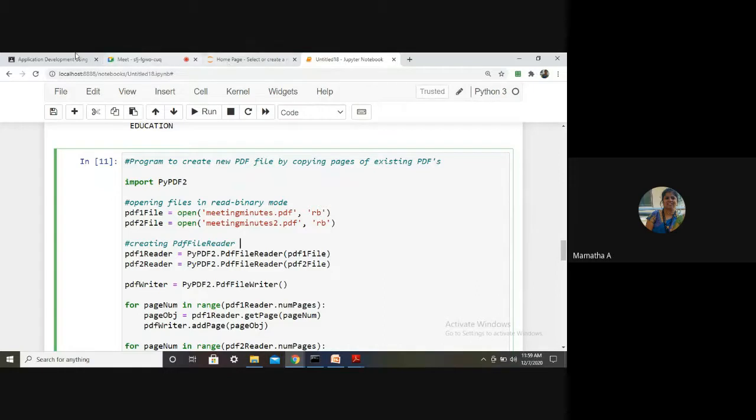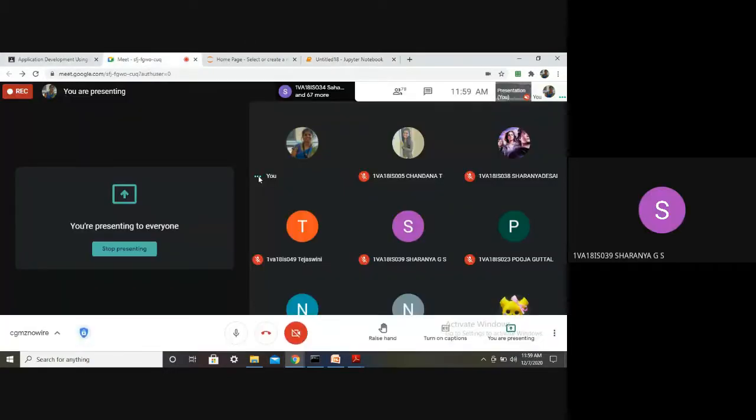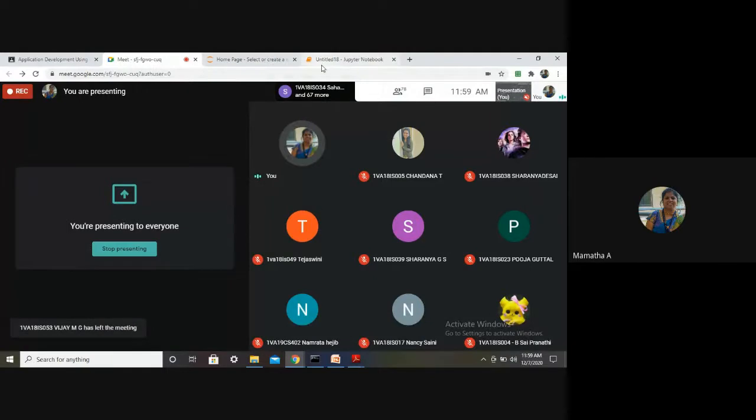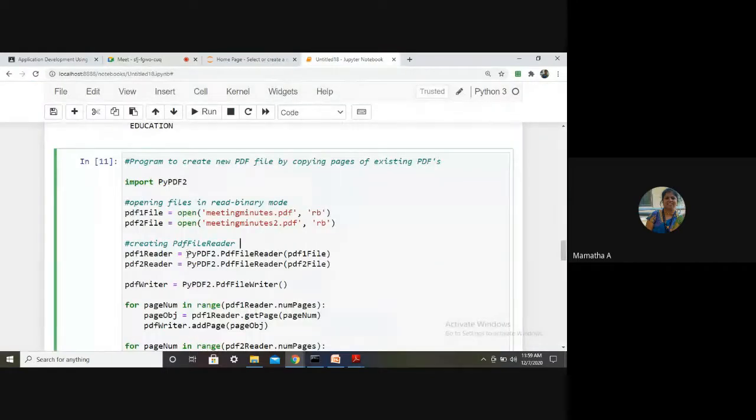What is PDF1 reader? What is PDF2 reader? Just look at this code and tell me what it is creating. An object. Object of which class? PDF file reader.